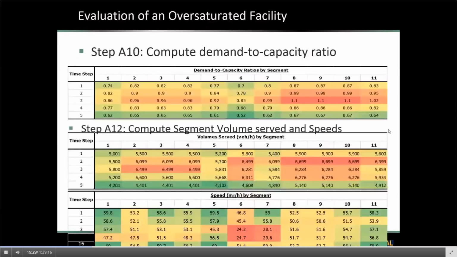And then jumping ahead to the type of output that you could get out of this methodology, one, you get a look at the demand to capacity ratios on this segment. And you're seeing here in the top chart that most parts of the facility have a demand to capacity ratio less than 1, but segments 8, 9, and 10 in time period 3 have a demand to capacity, or D/C, ratio of 1.1, so a degree of saturation of about 110%, which is oversaturated and therefore is expected to result